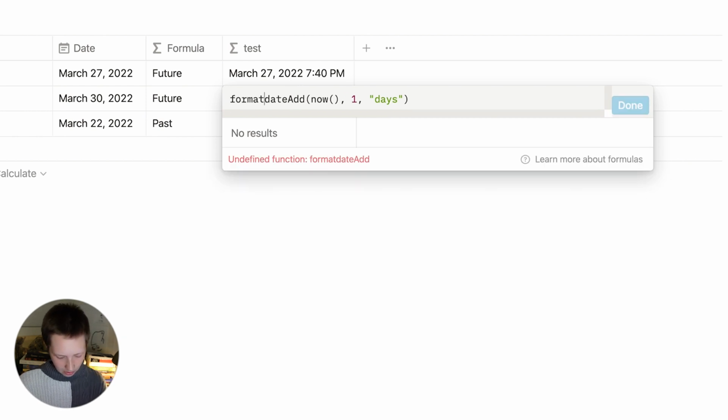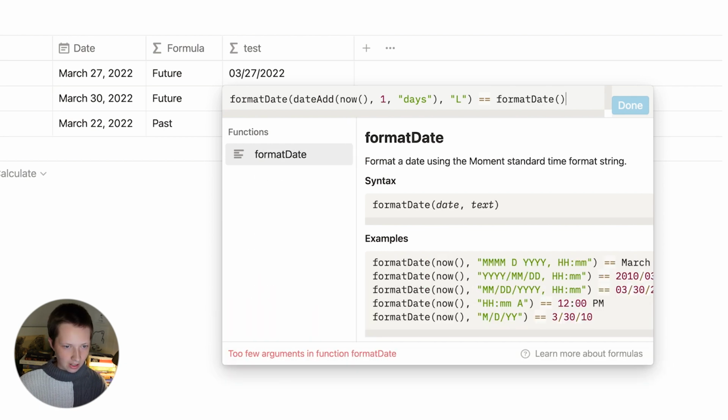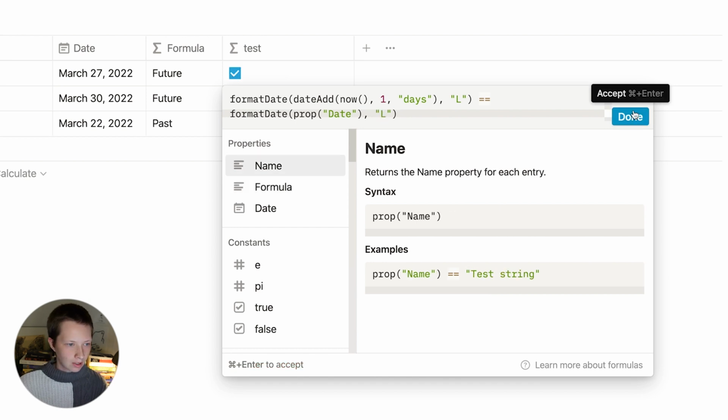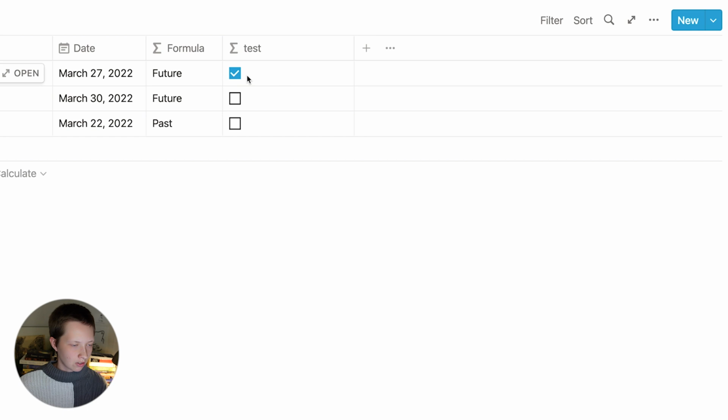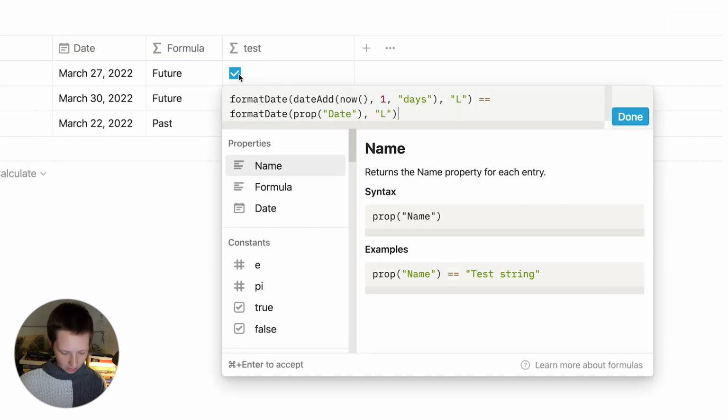So I do want to format this. I want to format the date because our date property does not have a time. And comma, so this is now the new date we're working with. I'm going to format that with a capital L. I'm going to say, does that equal formatting the date of the date to a capital L? And all of the checkboxes being true should only be for tomorrow. So the 28th should be unchecked, the 27th should be checked. So let's copy this,